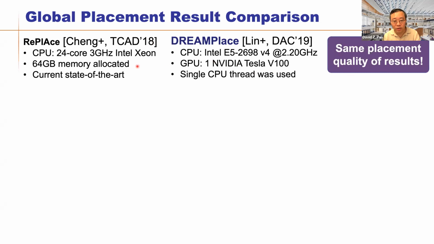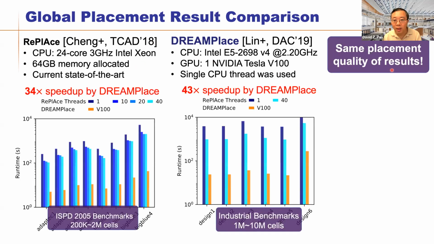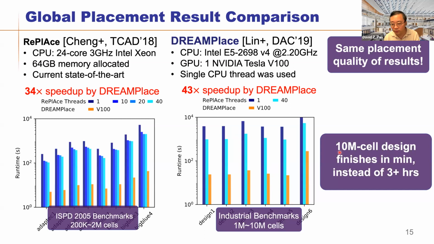And we try to match the parameters, etc., such that they have the same quality of results. However, we found that with DREAMPlace, we can have 30 or 43x speedup. For DREAMPlace, essentially, we only use one GPU to mimic the training process to solve the placement problem. Previously, they were using many cores, like 24-core CPUs, right? And so for the first time, we can finish these 10 million cells in a minute, instead